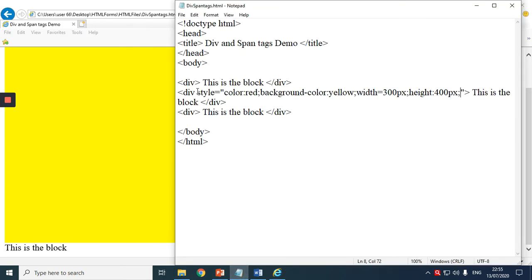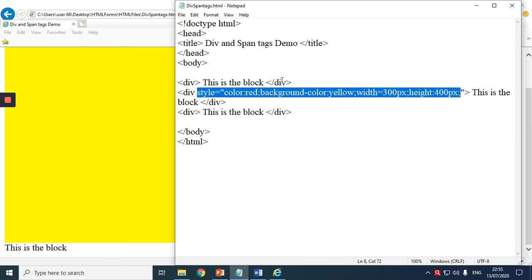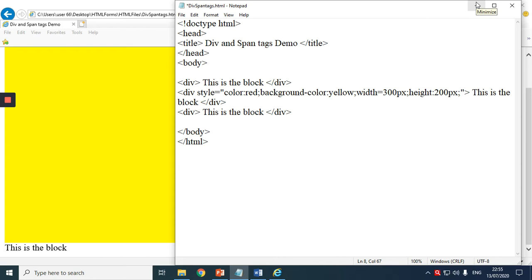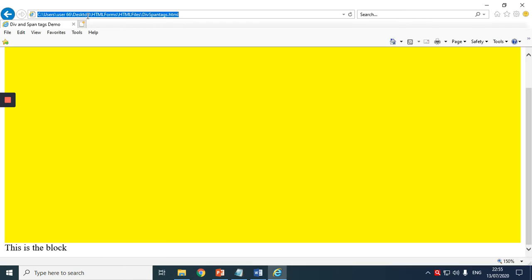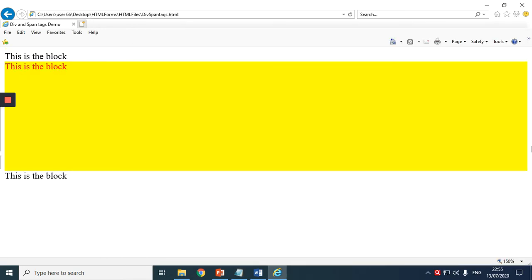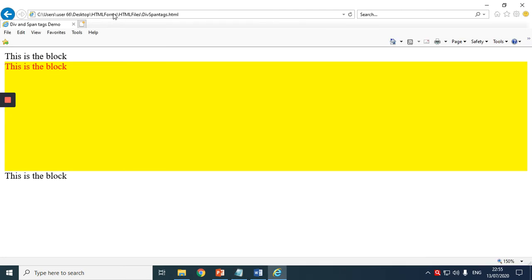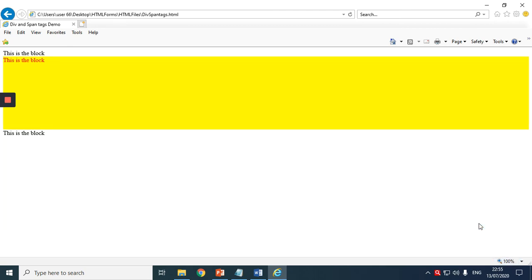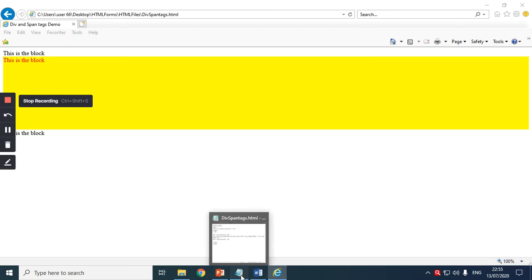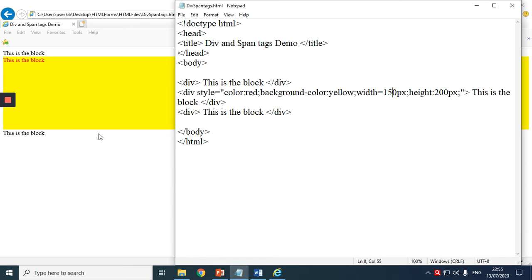What we could have done is apply it similarly. If you feel it is very big, we will change it. So we'll change this to 200, Control S and observe. Similarly, we can change the width also. I'll say 150. Control S. Because I've increased it, it is occupying the complete 100% width. As it is a block level tag, it takes the complete width unless we provide another division to it. So we'll slowly observe even that.